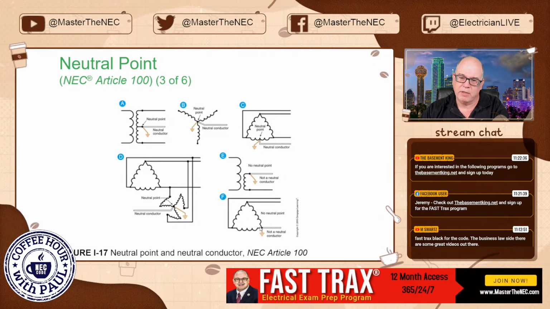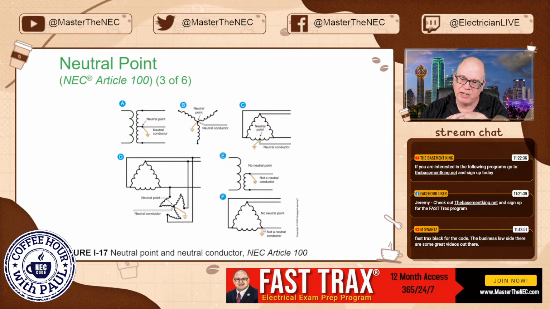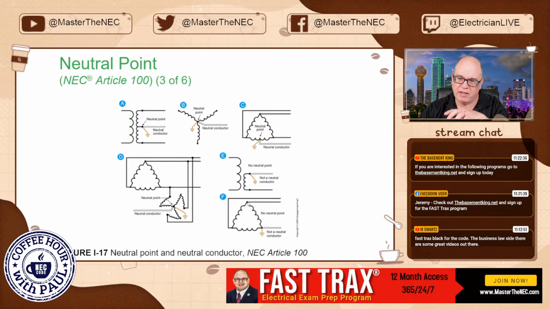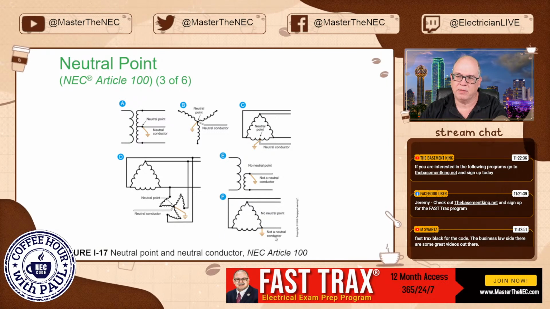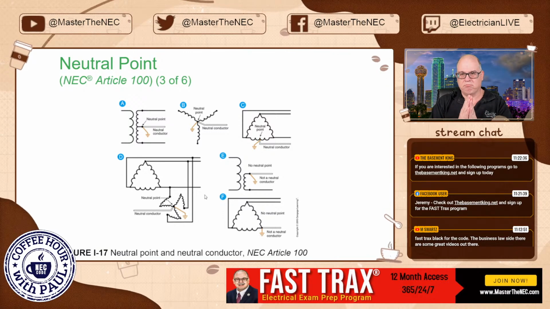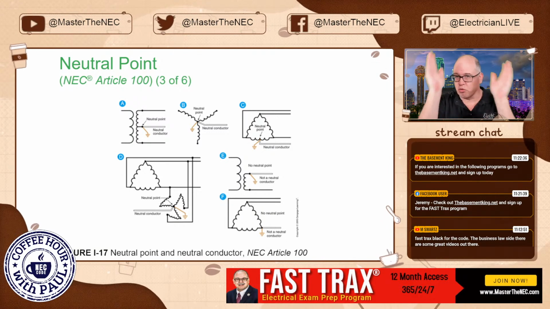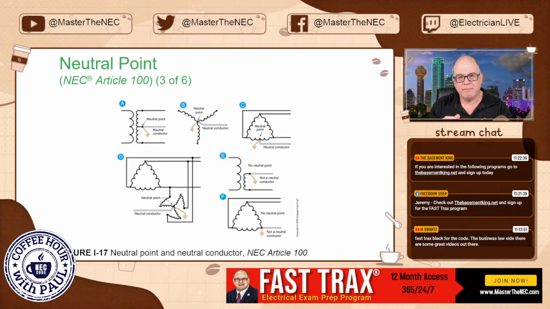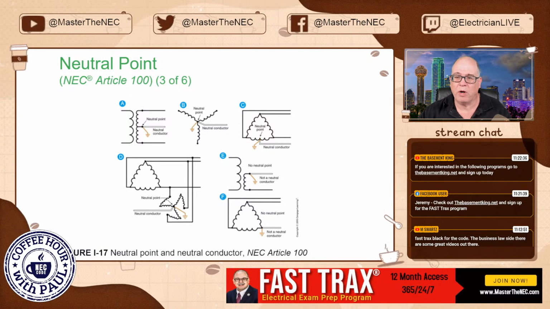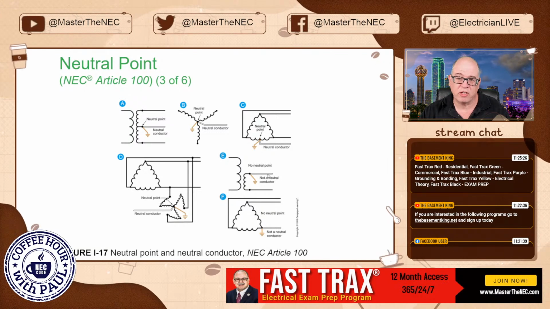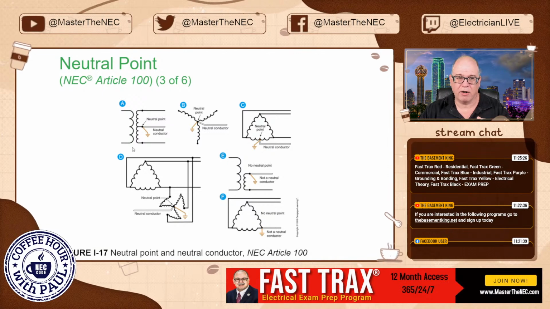Okay, check this one out. So this one is a delta. This is a corner grounded delta. This is not a neutral conductor, because the voltages measured to this would be different. They're not all the same, okay? So again, what you measure from any of the legs to the neutral point, if they're all the same, then it is neutral amongst all of the legs, okay? So there's a difference between whether something is a neutral, but one of the distinction is these are still considered grounded conductors, okay? They are considered grounded conductors.